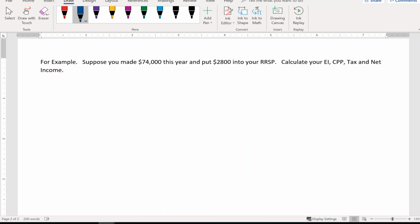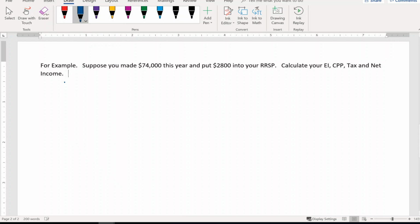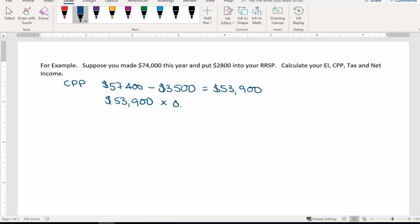Well, let's start with your CPP, Canada Pension Plan. Remember that the maximum amount is $57,400. Since you made more than that, we'll take the maximum amount minus the basic exemption of $3,500, and this is $53,900. So that's the amount we're going to base our CPP on. $53,900, and CPP is at a rate of 5.1%, and that comes to